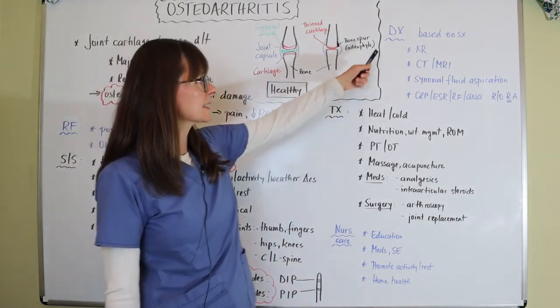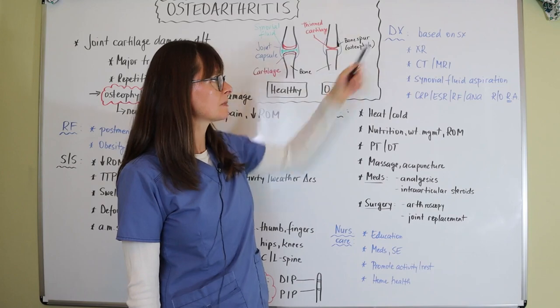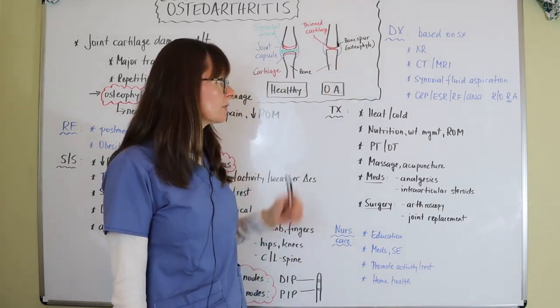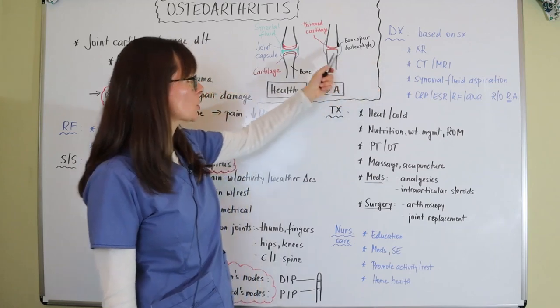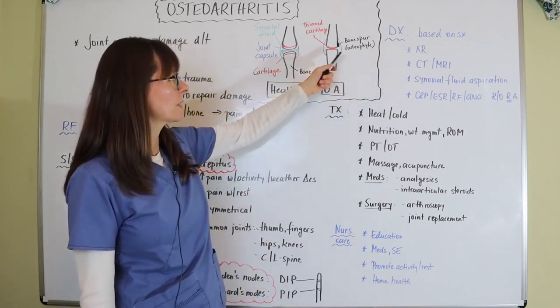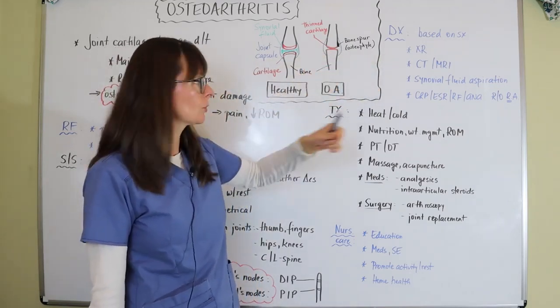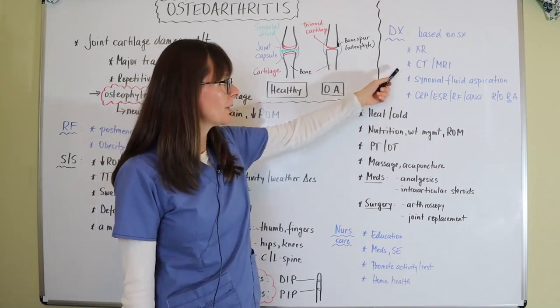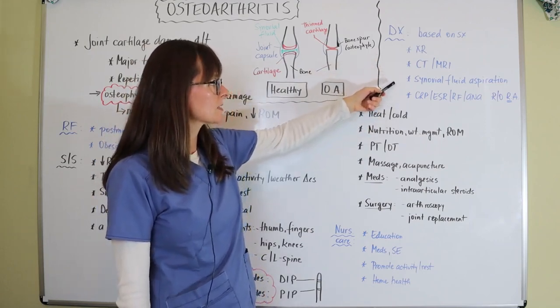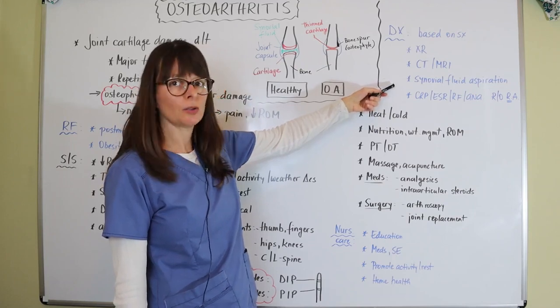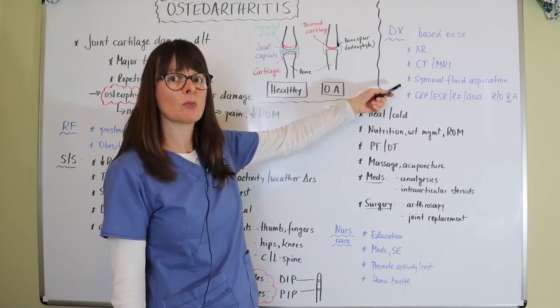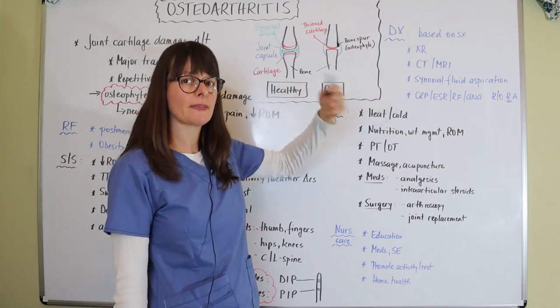As for diagnostic tests, diagnosis is typically made based on the patient's symptoms with everything we just talked about. Sometimes an x-ray is ordered, and that can show that joint space narrowing and these bone spurs, these outgrowths. Sometimes CT or MRI can be helpful. Synovial fluid aspiration is mostly to rule out rheumatoid arthritis, because that is more of an inflammatory disorder, and that synovial